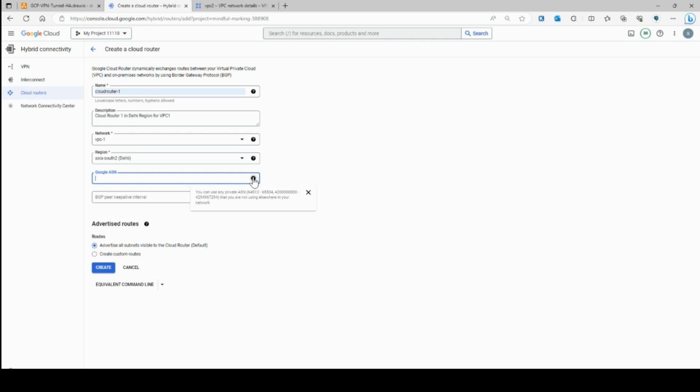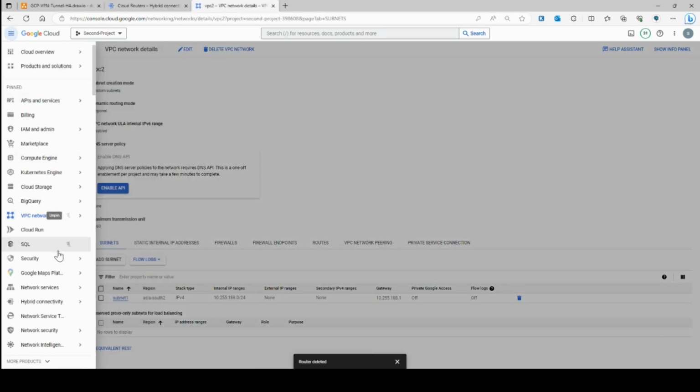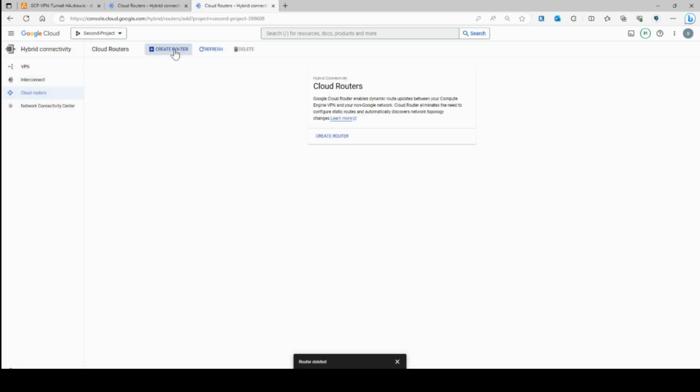And for the Google ASN number, you can use any private ASN number, and I'll use 65001. Keep this default. And here for the routes, I advertise all subnets visible to the Cloud Router. Select this, create. Similarly, go to your second project, go to hybrid connectivity, Cloud Router, and create the Cloud Router,